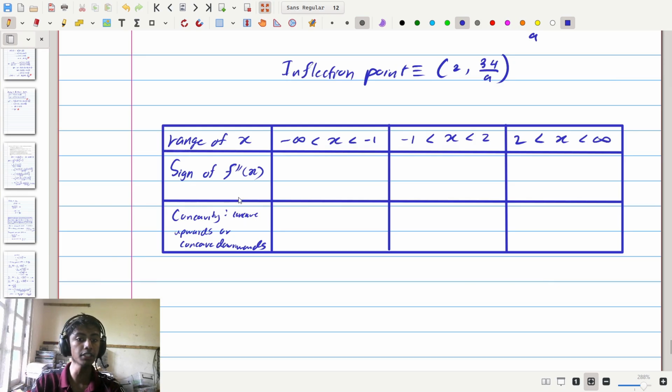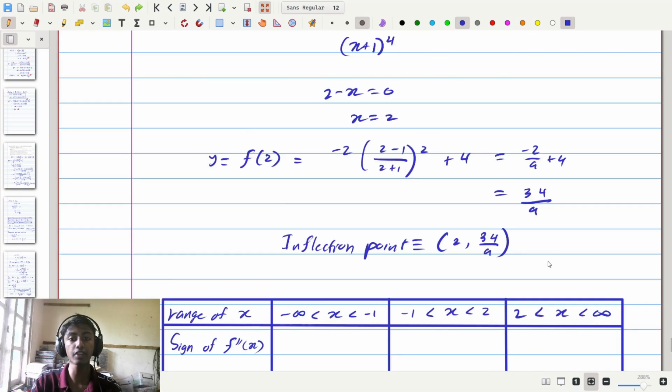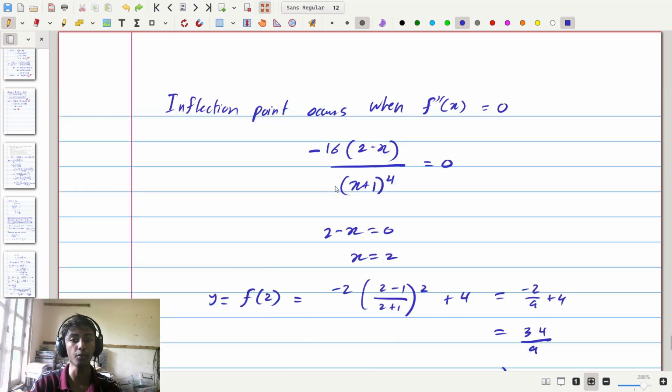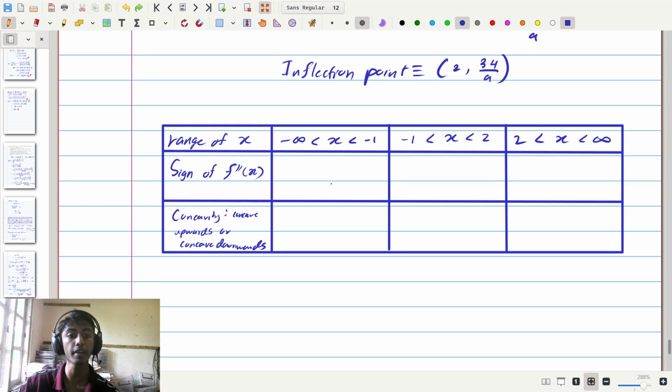So considering each of these ranges, if you take a look at f double prime x for the first range, which is between negative infinity and negative 1, we get a negative number times this bit right here, which is a positive number, divided by x plus 1 to the power of 4, where x is something less than negative 1, and therefore we get a negative number here to the power of 4. So we have a negative number, a positive number, and a negative number to the power of 4. Substituting in, for the sign of f double prime x, we have negative 8, a positive number on top, divided by a negative number to the power of 4. A negative number to the power of 4 is going to be a positive number. So we have negative times positive divided by positive, which is going to be a negative